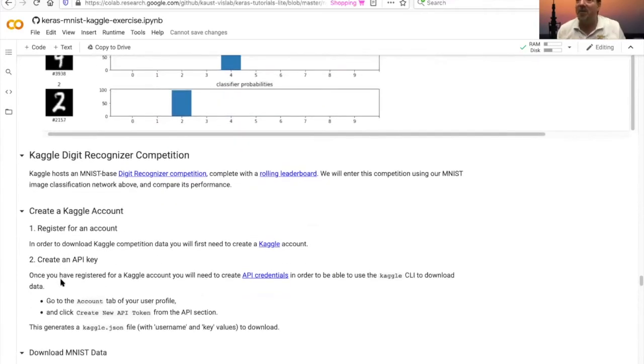So with that, we're now ready to begin competing in the Kaggle digit recognizer competition. So the first thing is to get a Kaggle account. Now the cool thing is that Kaggle, I think it's owned by Google, and you can log in using your Google credentials. So let's go and,